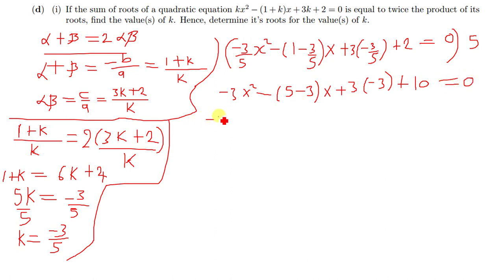So we are going to have negative 3x squared minus 5 minus 3, you get 2x, then you say